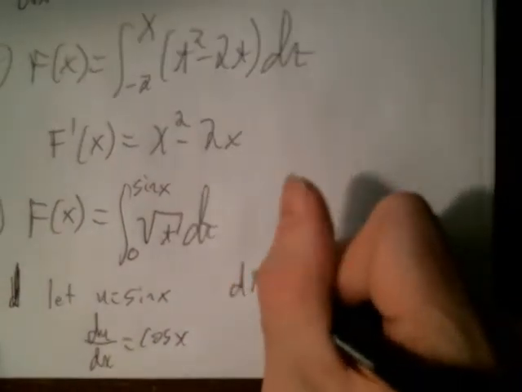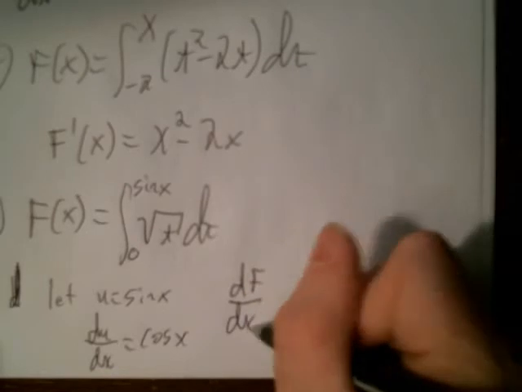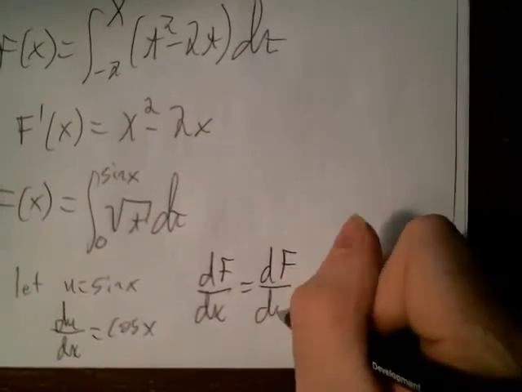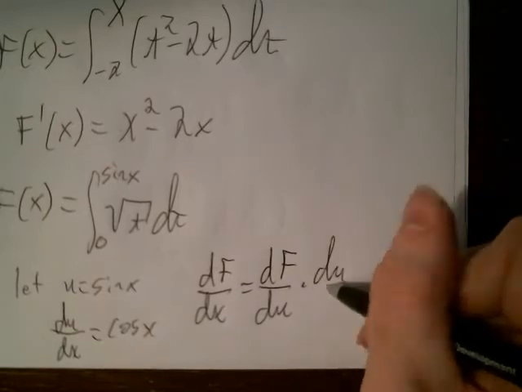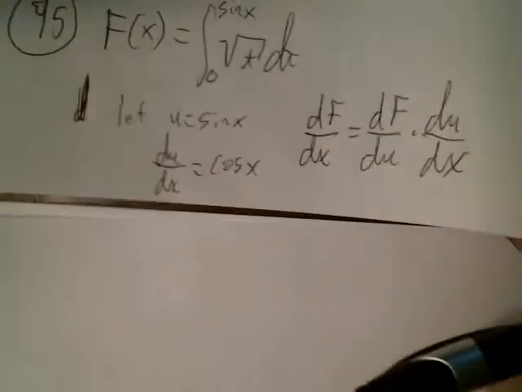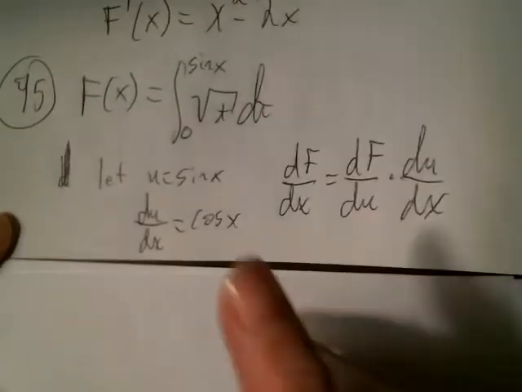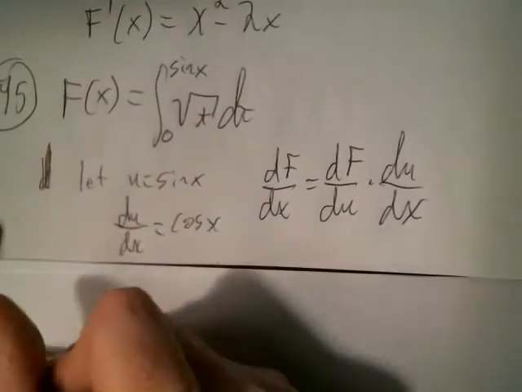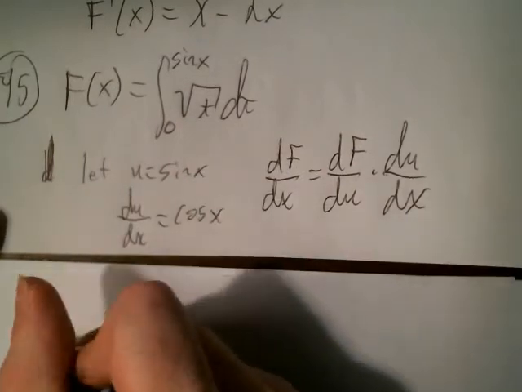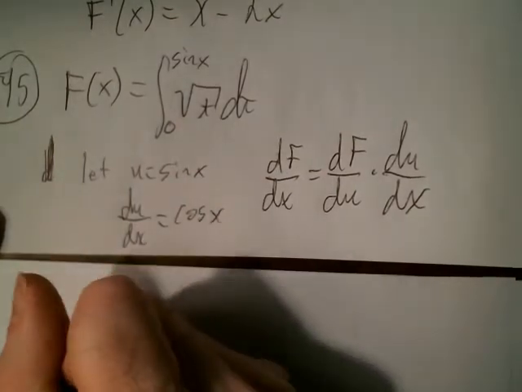So the derivative of big F with respect to x is going to equal the derivative of big F with respect to u times the derivative of u with respect to x. Okay, so we have a chain rule type idea going on. So we'll rewrite f of x with this substitution, and it'll become f of u